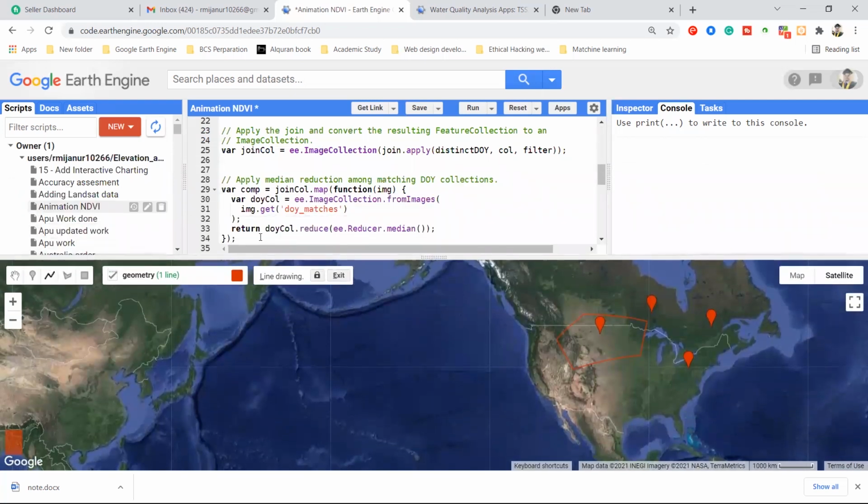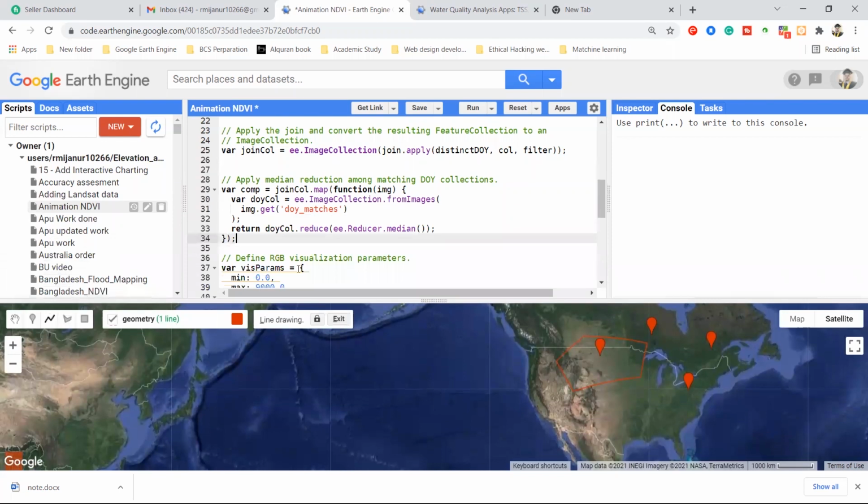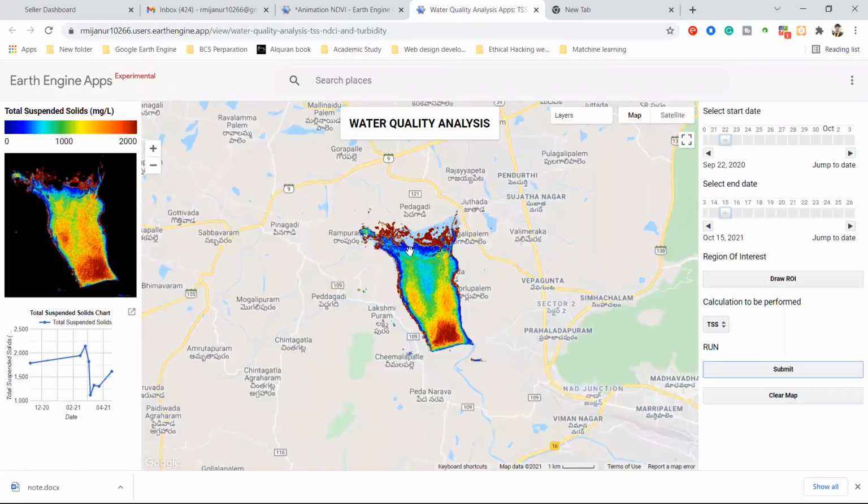For suspended solids, some algorithm should be there, right? Yeah, some algorithm or equation will be used here. And chlorophyll also has some equation. Likewise, NDVI. Suppose we know the NDVI formula, then I can just put this formula here. Then I can get all of this easily.